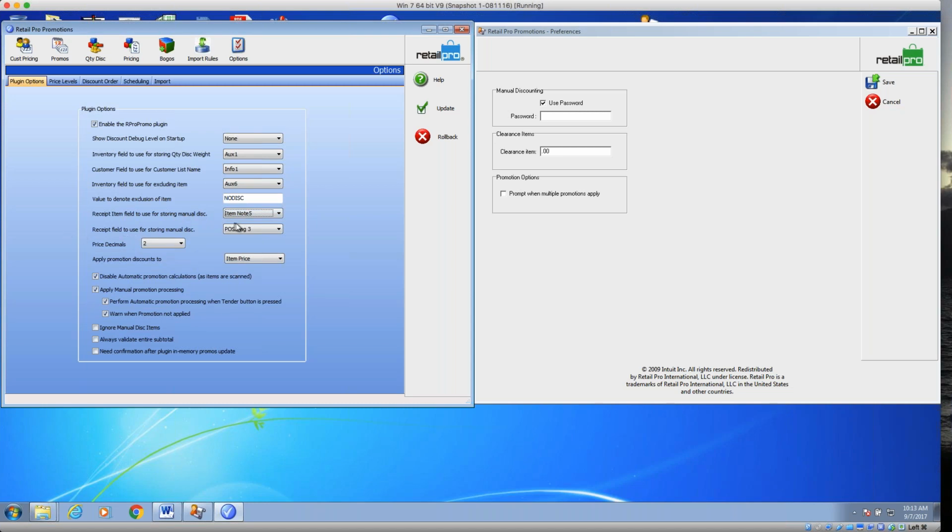Receipt field to use for storing manual discount, POS flag 3, or note field, probably 3. Price decimals 2, pretty straightforward. Apply promotion discounts to item price versus original price. So what does that mean? That means